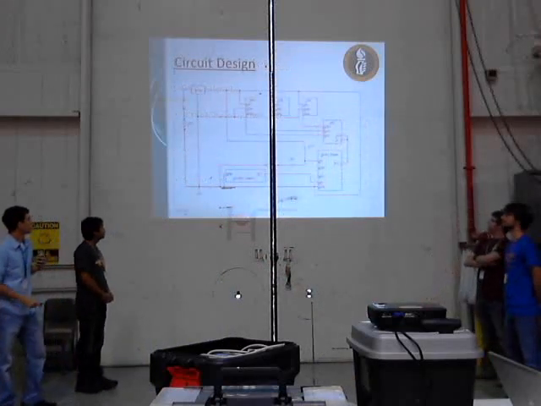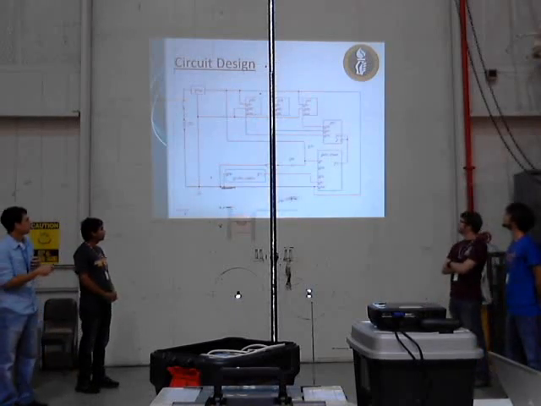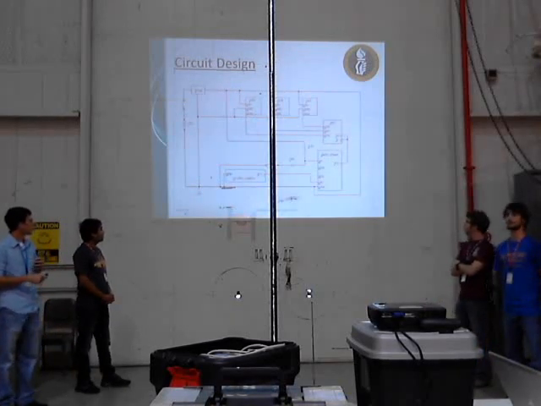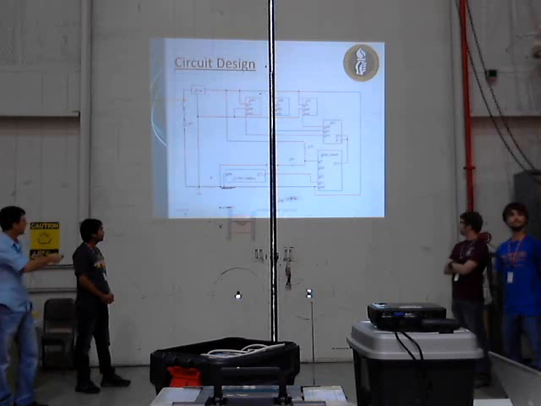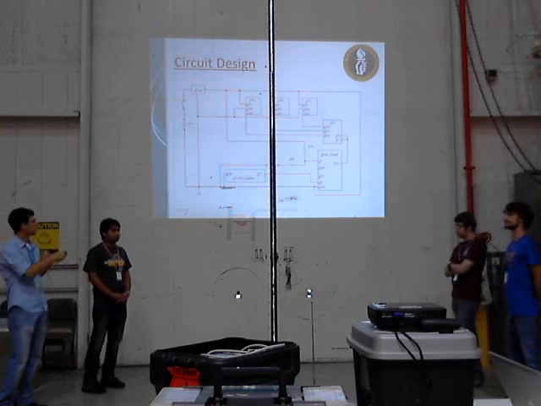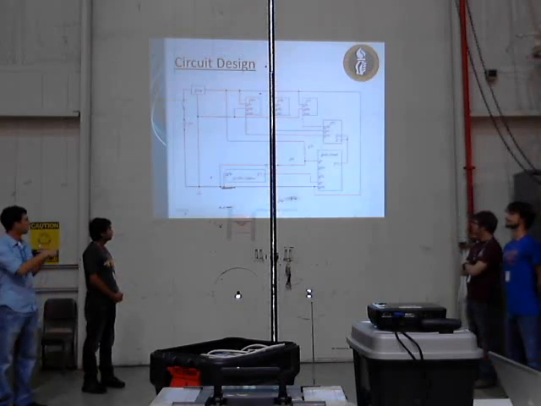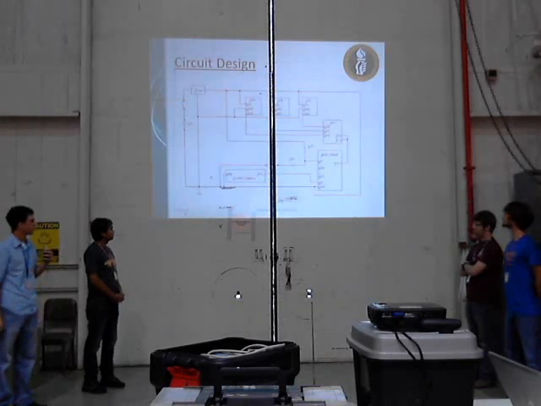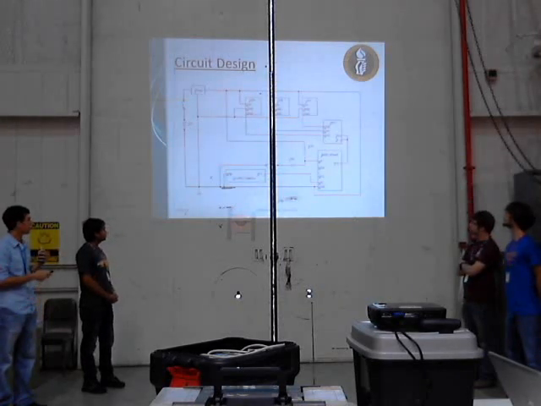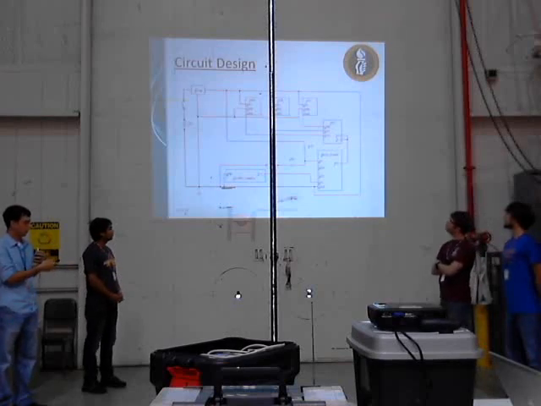This is a schematic of our circuit design. We have our sensors, UVA, UVB, and UVC, connected into our ADC through the signal pin. And then right down here is where we connected our GoPro camera, where the microcontroller is controlling the GoPro camera. And also, as the other team has, we have a toggle switch to control the read and write functions of the whole process. And then a power switch added also.